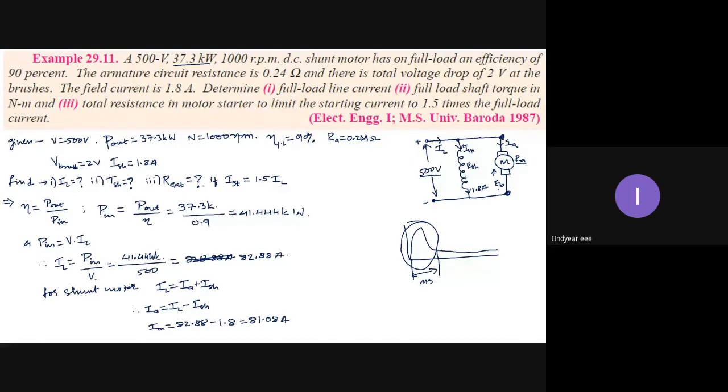Remember one thing, EB is not acting. EB is 0 because it is the starting point. Speed is 0, therefore EB is 0. EB will not come into the picture now. Because EB is not there, my starting current is very large. If EB had been there, my starting current would have been less. But EB will be there only when the speed is there, and speed will come when the motor starts. Now the motor is at the starting point, it has not yet started. So before starting, the motor will tend to draw a large current. I have to limit it. So EB will not come into the picture now. Please remember this.